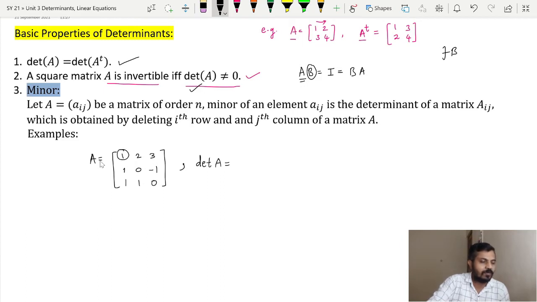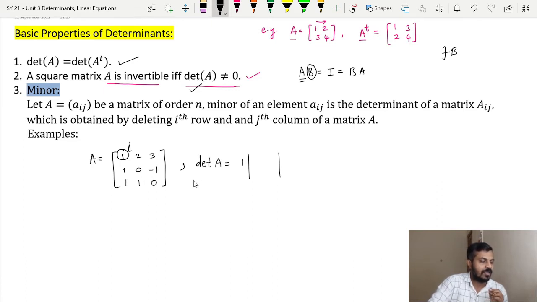First of all, I have 1 over here, so I will write 1, determinant of what? Just delete the first row and first column. Now which are rows and which are columns? These are called rows, so there are 3 rows, and these are called columns. Our first row is 1, 2, 3, and we are going to take the help of that 1, 2, 3 in order to find the determinant. The first entry in the first row is 1, thus I am writing 1 over here.